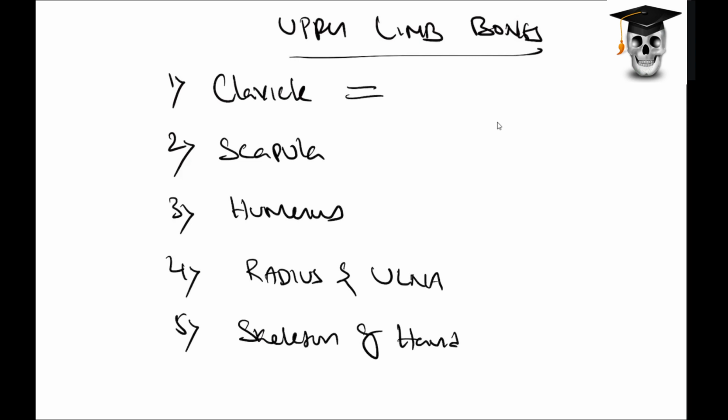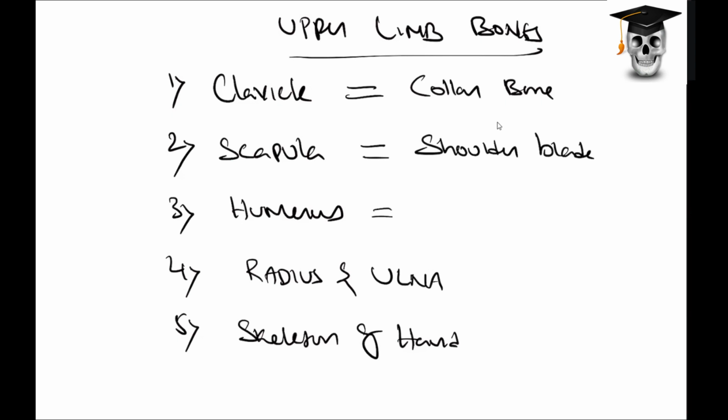Now, the English name for clavicle? Clavicle is a Latin name. What is the English name? Collarbone. Very good. Because here we have the collar of our shirt which lies on it, it is called the collarbone. What is the English name of scapula? The shoulder blade. Correct. Because it is flat and it is like a blade which projects out at the back. That is why it is called the shoulder blade.